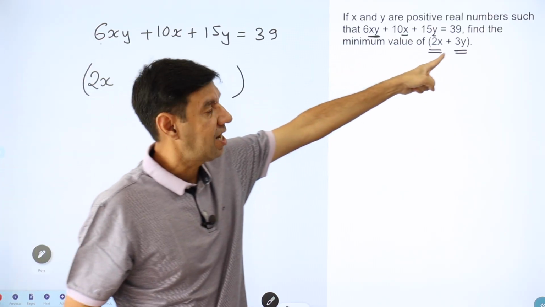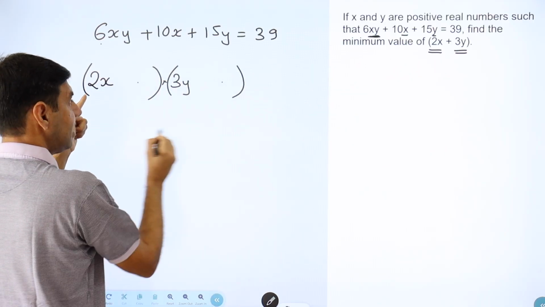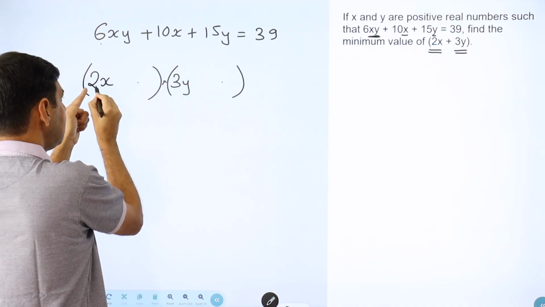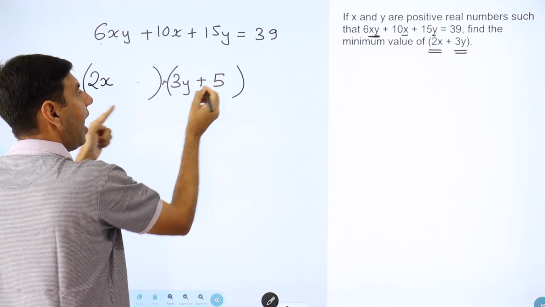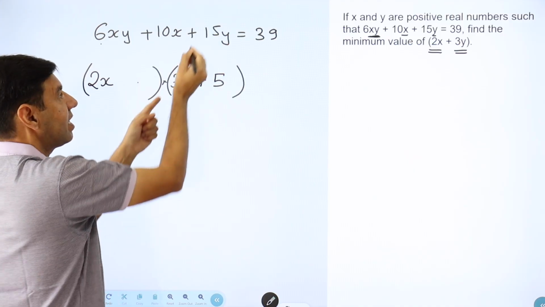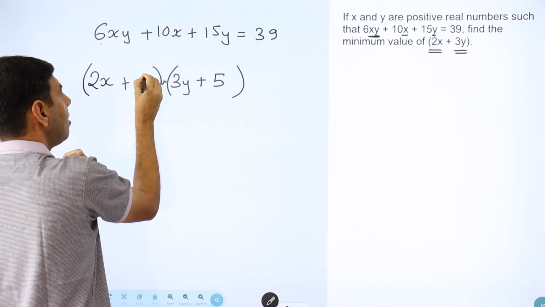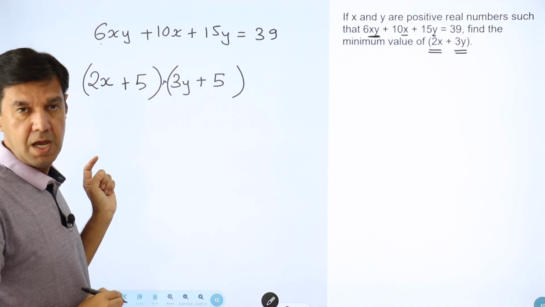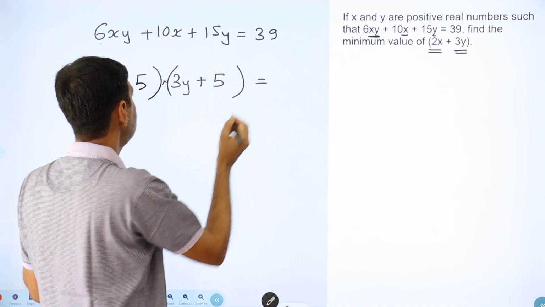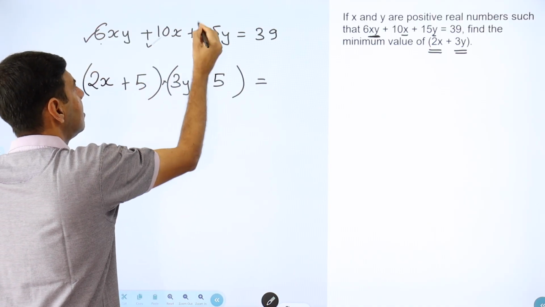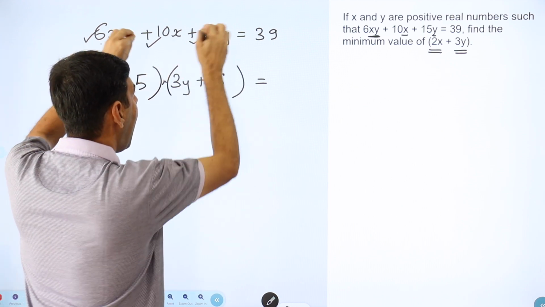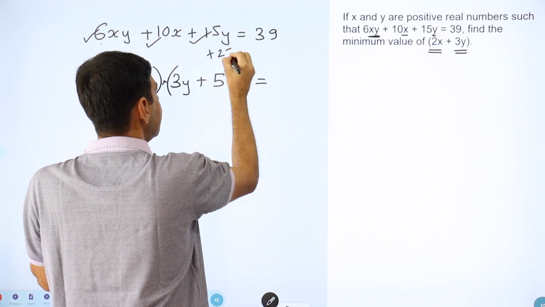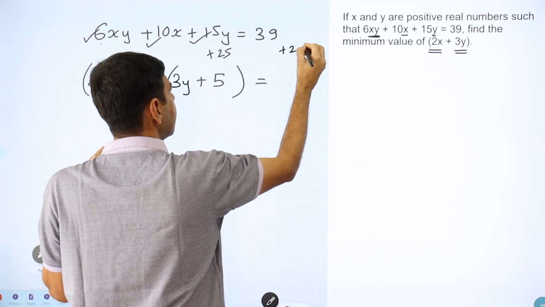So one pointer I've already said, and now does that take care of the fraction problems? Yes, 2x into what is going to make it 10x? Into 5. And does 3y into what will make it 15y? 5. Oh, so everything fits into the picture. Now you just need to balance it out. Remember, we are taking care of this term, this term, this term. There's a 5 into 5, 25. So think you're adding a 25 to both sides. Okay, so the right hand side becomes